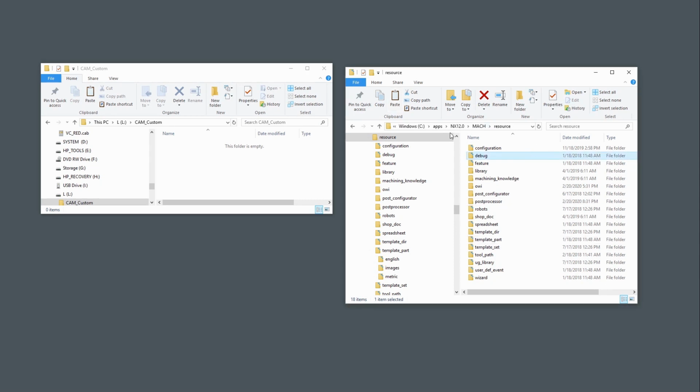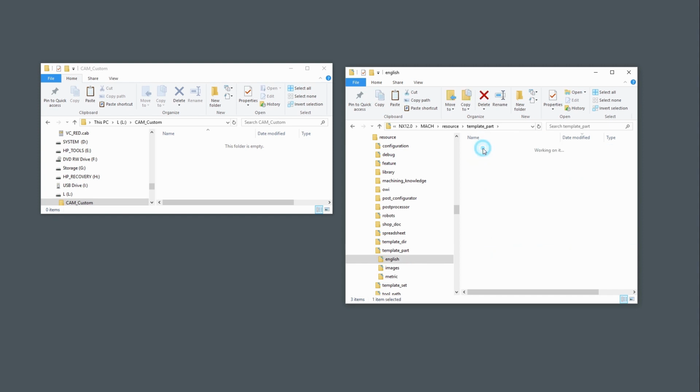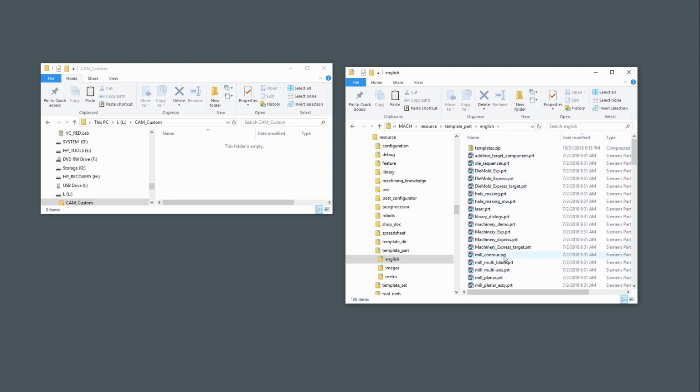Now we'll move on to a slightly more complex situation. We'll imagine that while working on your original computer, you did have write access to the program file /Siemens/NX12 directory, and that you had created a number of customizations right in with all of the default files in the resource directory here. So as an example, in template part English, you may have changed these files which are used in the creation of operations,